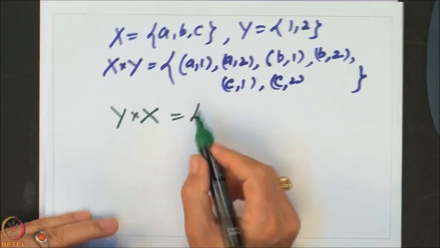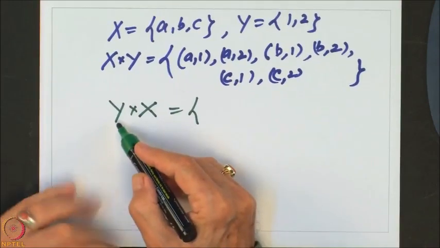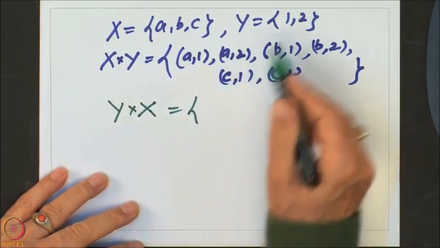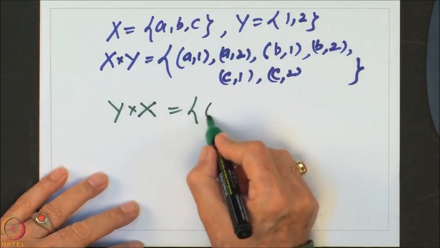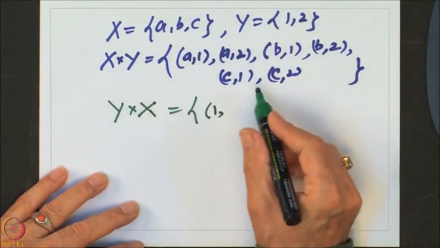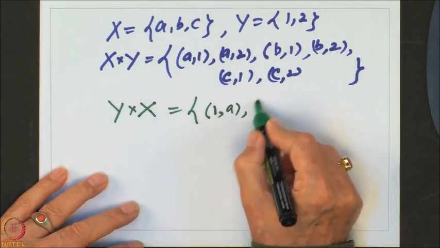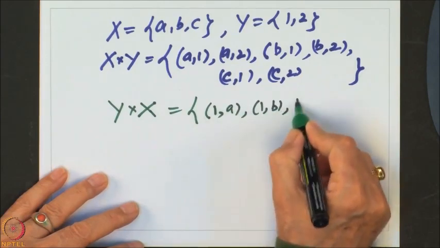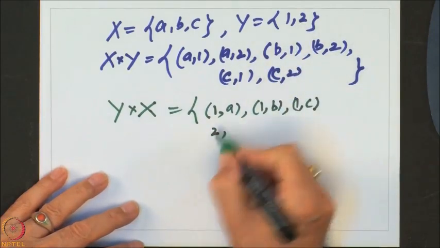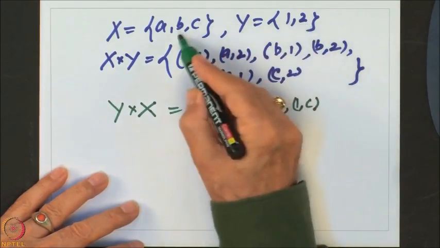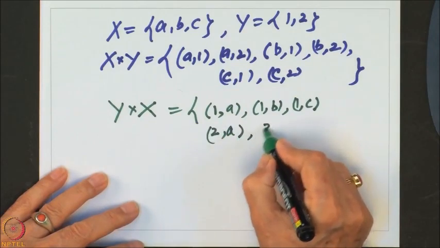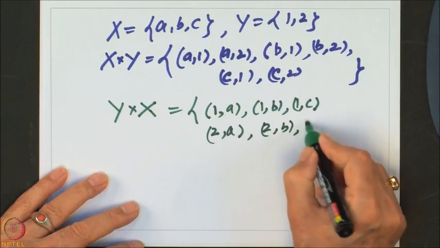So, that will be equal to, now we have to pick up elements of Y first and then form ordered pairs with elements of X. So, Y has got 2 elements, let us take 1. So, this is 1 and its pairing with elements of X gives 1 A, next gives 1 B and next gives 1 C. And similarly with element 2 of Y, that gives a pair with A as 2 A, and 2 with B and 2 with C.